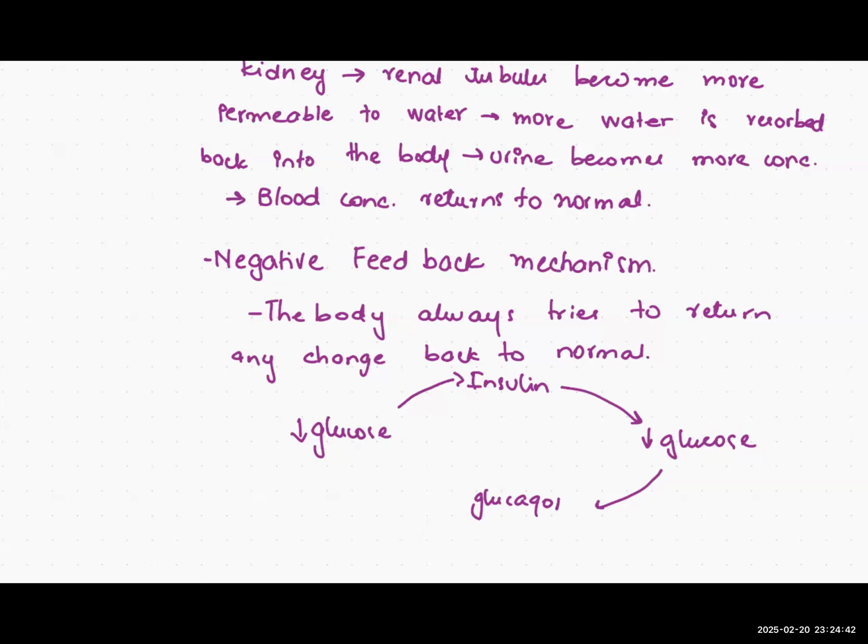This applies to pretty much all processes in our body. They all use the negative feedback mechanism except for one or two. There are a few exceptions. Imagine your blood pressure becomes too high. Your body will do whatever changes need to be done and bring it back to normal. Blood pressure falls too low, the body will do some changes and bring it back to normal. The amount of water in the body has become too much, the body will do some changes and bring it back to normal. The amount of water in the body is too less, the body will do some changes and bring it back to normal.